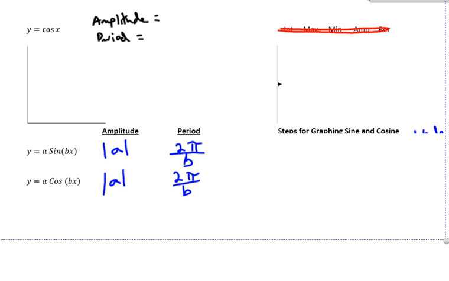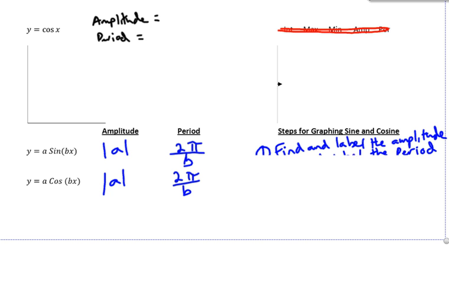All right, so that gives us some steps for graphing this. The first one is to find and label the amplitude. The second one is to find and label the period with 3 points in between. And the reason we're going to pick 3 points in between is that if you think about your unit circle,